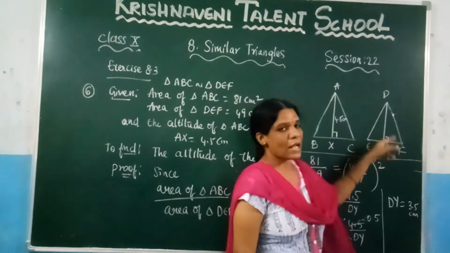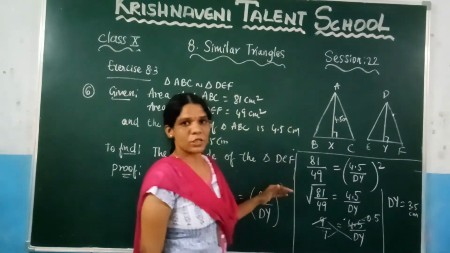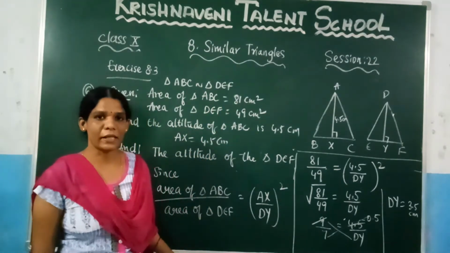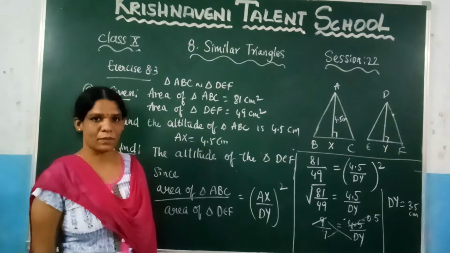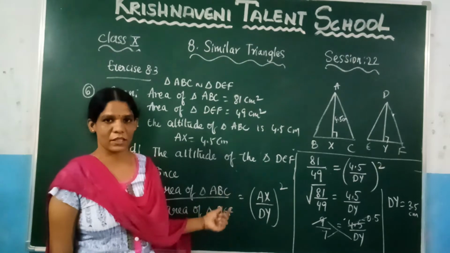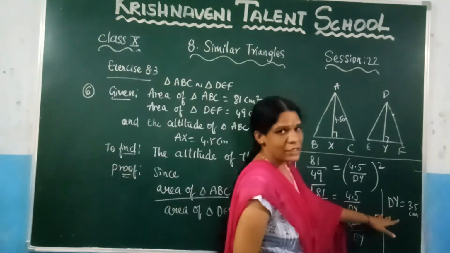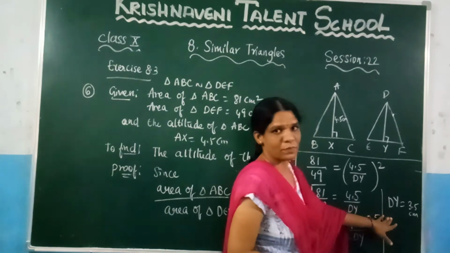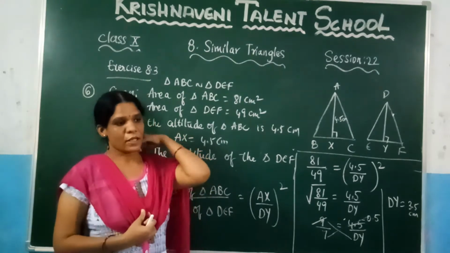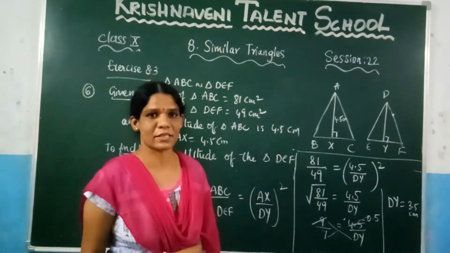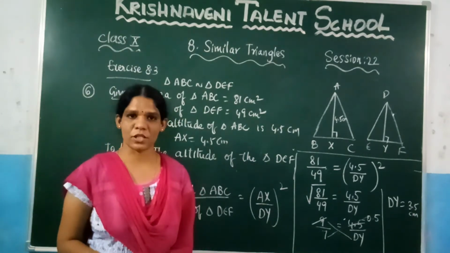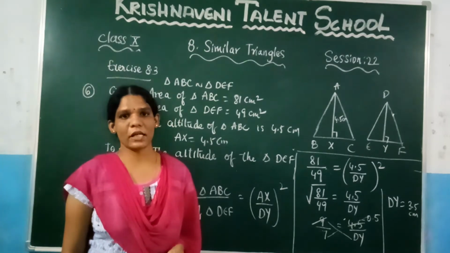You need to find the altitude of the smaller triangle, and based on this, since in the question they have given here these two triangles are similar, you can apply here the areas of the similar triangles theorem. From that you got this condition after substituting all the values what are given in the question, so that you can find the altitude of the smaller triangle, which is 3.5 centimeters. This is the problem. From this exercise is completed, and again before going to the next exercise you need to learn 3 theorems. Based on those theorems only you can solve the problems, otherwise you will not understand those problems.